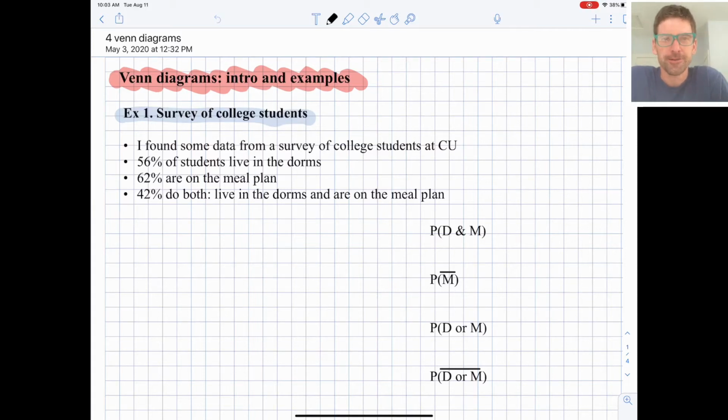All right, we are going to keep going with our work in our unit on basic and compound probability. And specifically in this video, we'll be looking at Venn diagrams, and I'll show you an introduction, and then we'll do an example. Okay, so Venn diagrams are a great visual way of just showing what objects fall into what